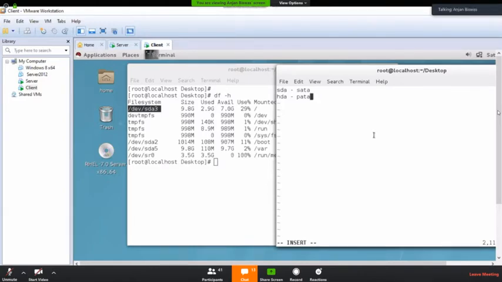This must be a SATA type. So if you see SDA, that is SATA. SD means SATA, or HD means PATA.